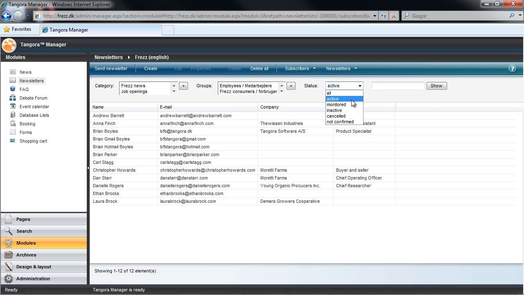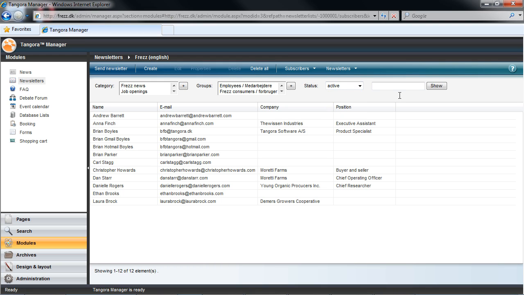The default view is active, but you also have people that may have canceled their subscription, and they'll be sent to the status canceled. And there's some other options you could use here. For example, a recipient's mail may have bounced, and you can apply the status monitor to them, where you're still making attempts to send out, but you suspect that there might be a problem, hopefully just temporary. If you have some subscribers who you want to manually remove from your list of recipients, you could choose Not Active in order to distinguish between those subscribers who unsubscribe themselves versus those you have unsubscribed.